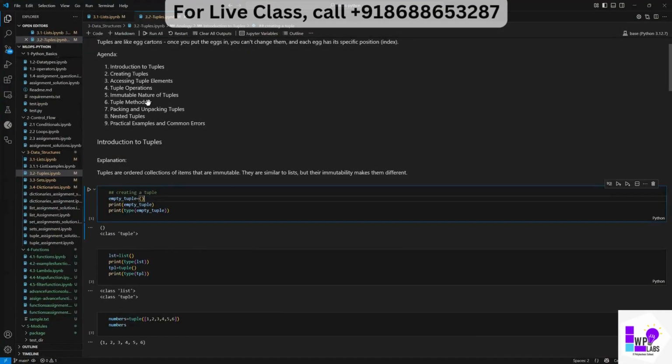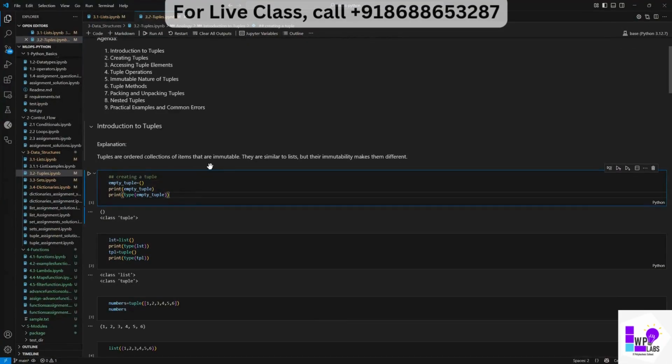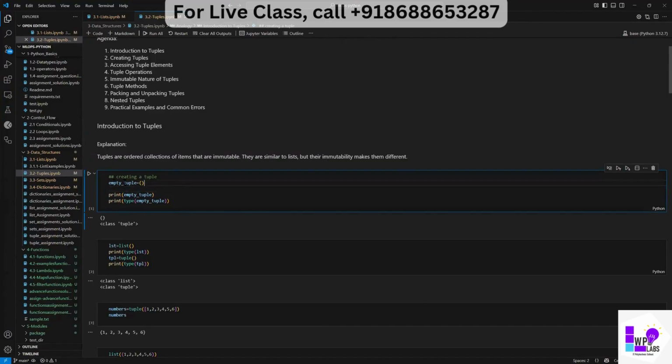Today, understanding tuples. Tuples have immutable behavior. They are very rigid in terms of changing their particular values. How do we initialize a tuple if we want to work with it? So initializing a tuple, I can use an empty tuple, and then I can use